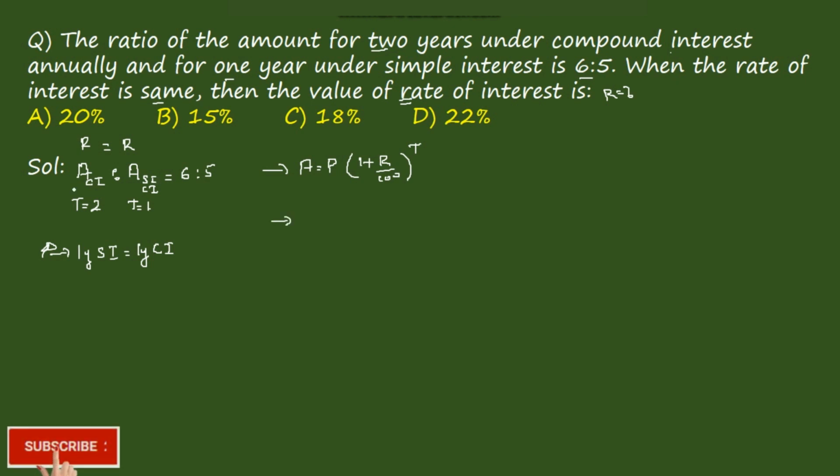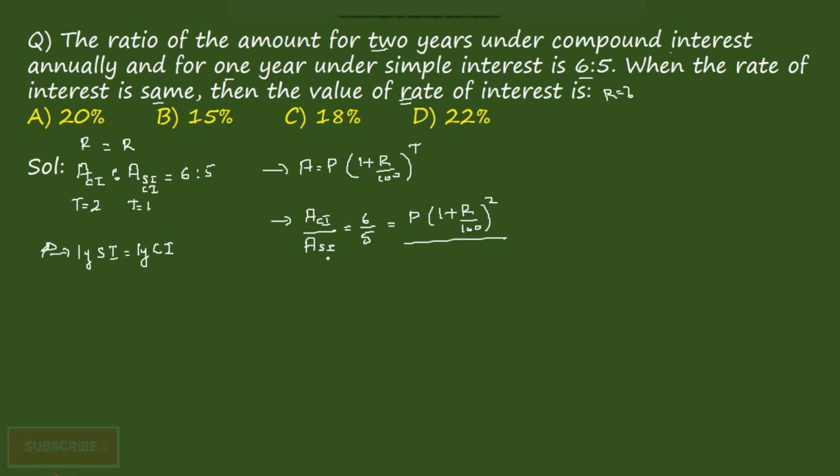So both the ratios we can divide, then compound interest by simple interest is equal to 6 by 5. Here the formula is p into (1 plus r by 100) for 2 years, so the whole square, by, here simple interest is nothing but equal to compound interest,